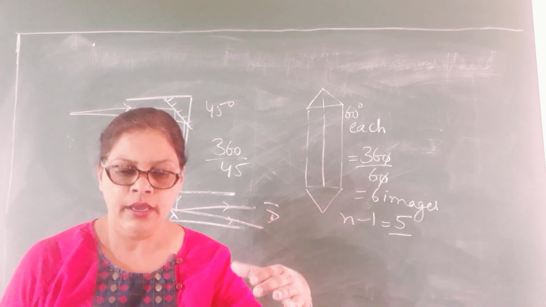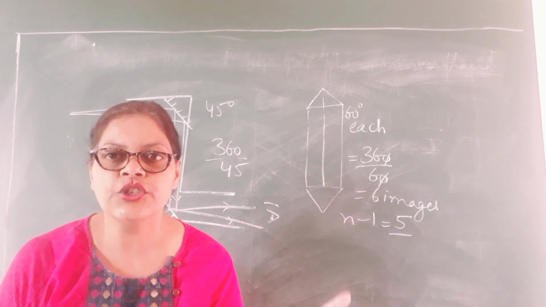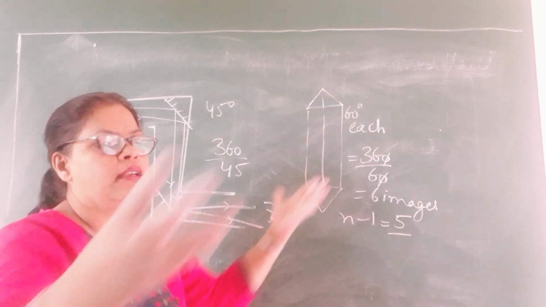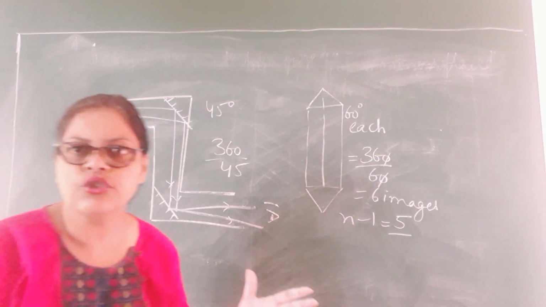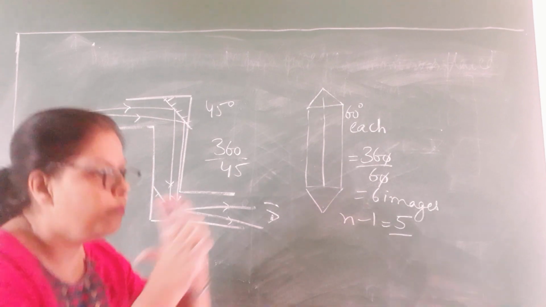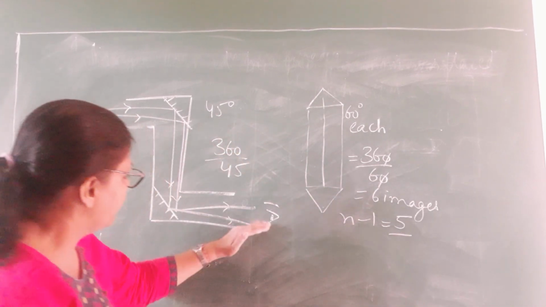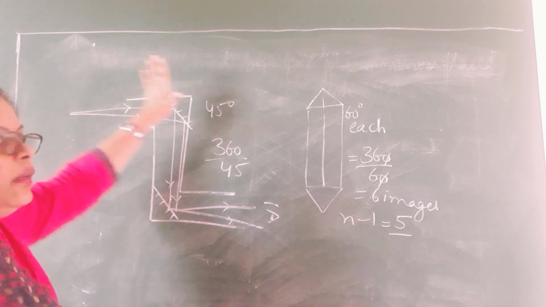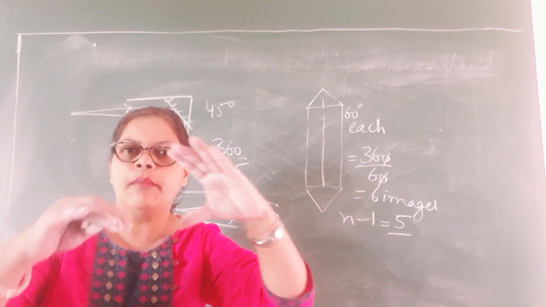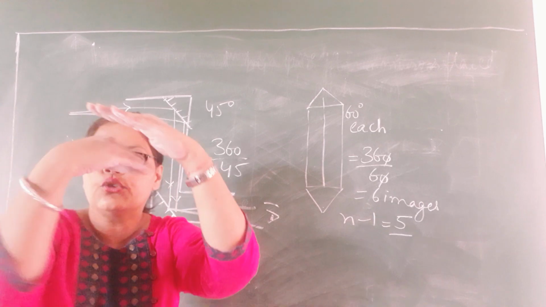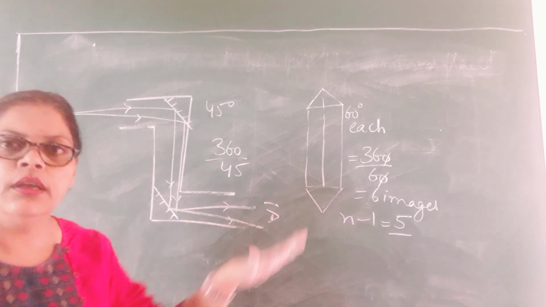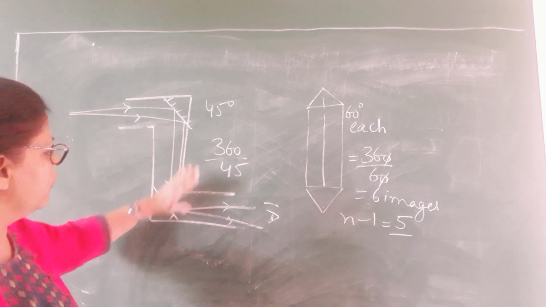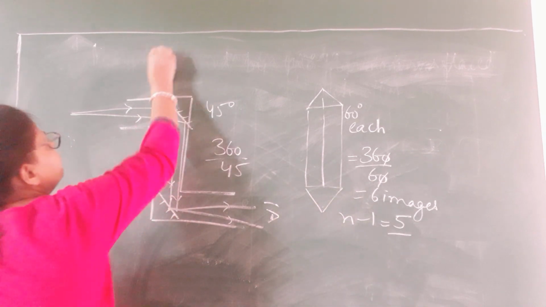It is used by the soldiers who are sitting inside the bunkers. If there is enemy activity going on outside and it's very dangerous, they place a periscope and observe from below, sitting inside the bunker, and they are able to see the enemy activity. Similarly, in a submarine, on the surface of the water, it rotates 360 and has a view of what is happening on the surface of the water. So this is a very useful device. This is called the periscope.